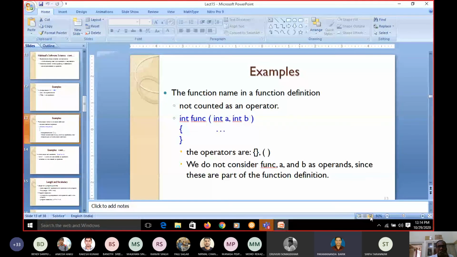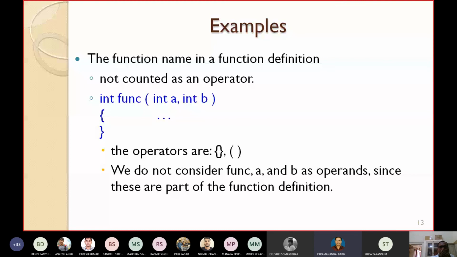Yes, please. So, sir, this is a function definition. We're saying that for a function definition, we're not going to include the function name as an operand. So you clearly mentioned that. The doubt here is the return type mentioned, integer. We're not considering those as operators, and also the comma here. The comma is taken as an operator. Yes, the operators are these two brackets, the parenthesis, and this comma.